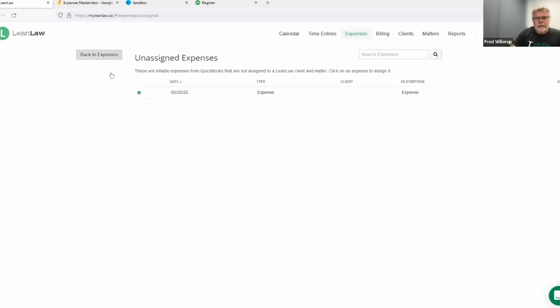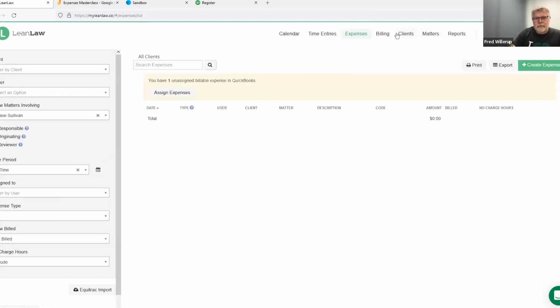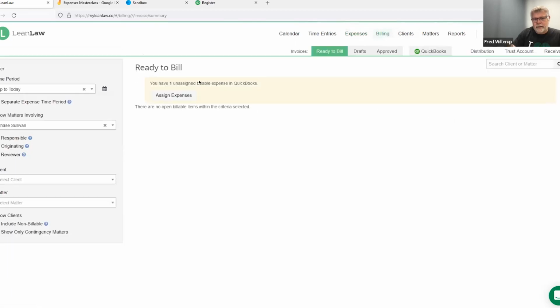You also get it on the billing page, on the ready to bill page, so that when you're ready to bill, you can see right here, oh wait, I've got unassigned expenses. We strongly recommend that you do not start your billing until this yellow box is gone, that you have indeed assigned everything, and then you start your billing. So